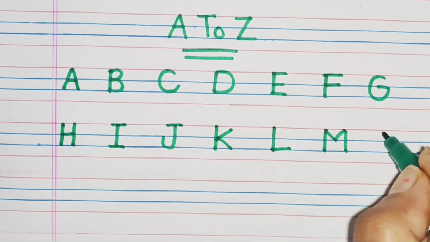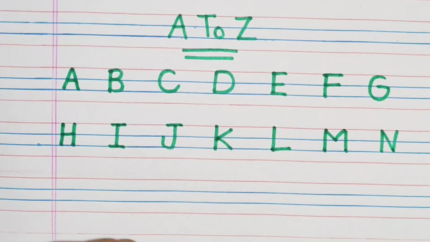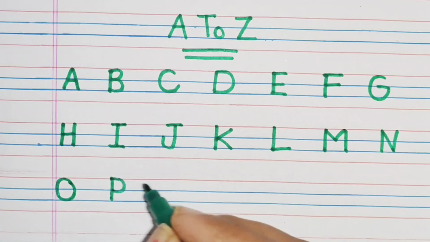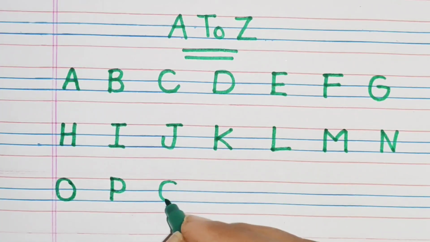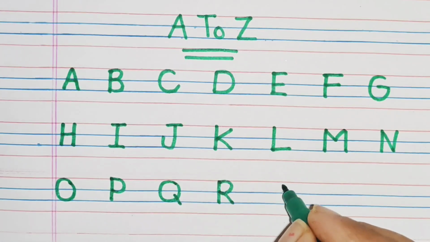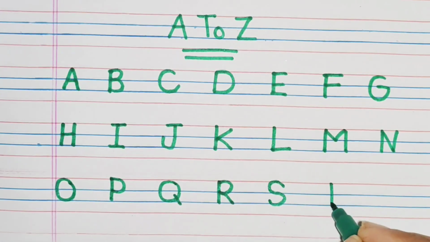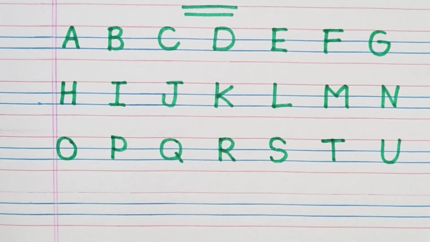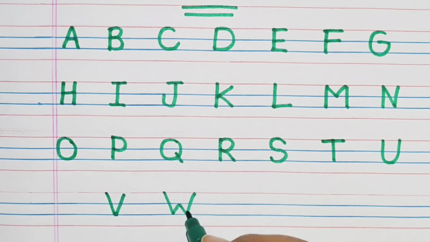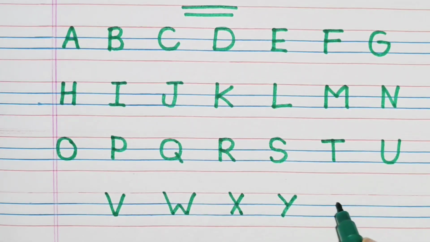M for monkey, N for nest, O for orange, P for pigeon, Q for queen, R for rose, S for sun, T for tiger, U for umbrella, V for van, W for water, X for X-ray, Y for yak, Z for zebra,